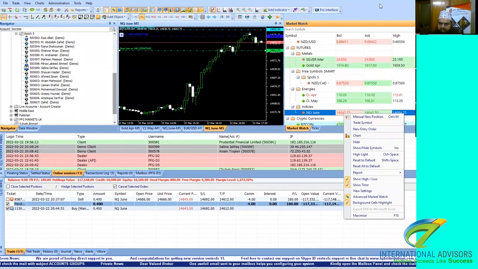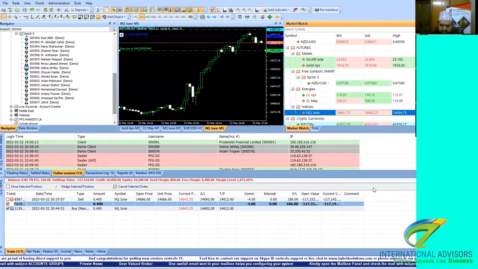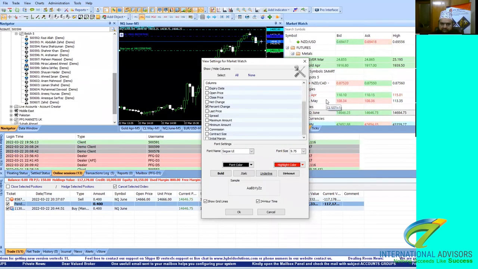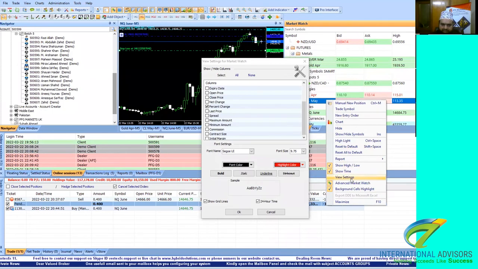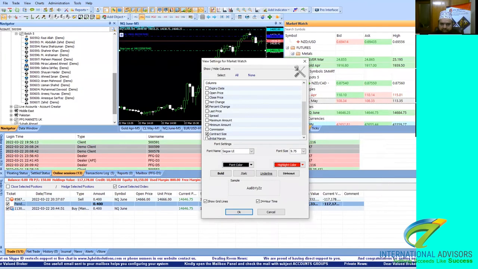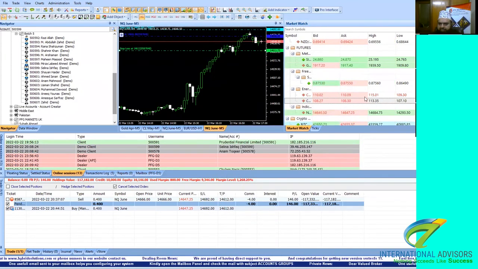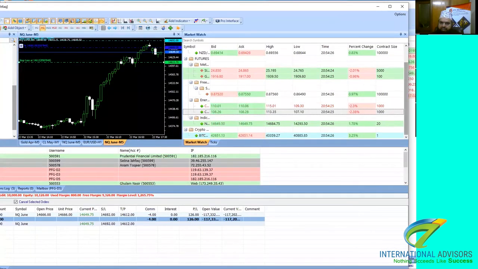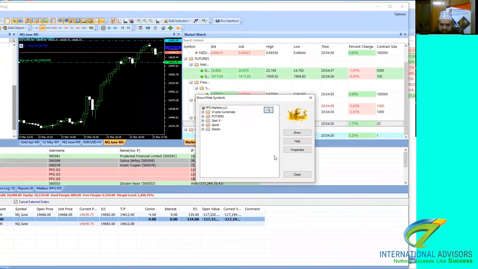और इसके कॉन्ट्रैक्ट साइज को अगर आप फर्दर, लेट मी शो यू हियर, यहाँ पे अगर आप राइट क्लिक करके इसकी व्यू सेटिंग में आए तो यहाँ पे आप देखिए एक ये ऑप्शन है कॉन्ट्रैक्ट साइज। So if you enable it, तो यहाँ पे आपको ये नजर आ रहा है कॉन्ट्रैक्ट साइज वाला कॉलम ऐड हो गया। यस सर। तो यहाँ पे आप देखें 20 लिखा हुआ है।